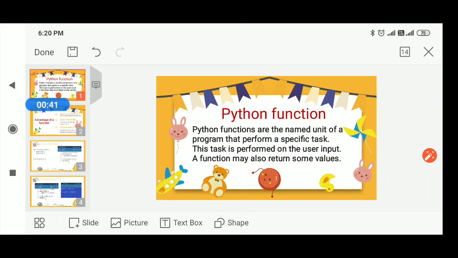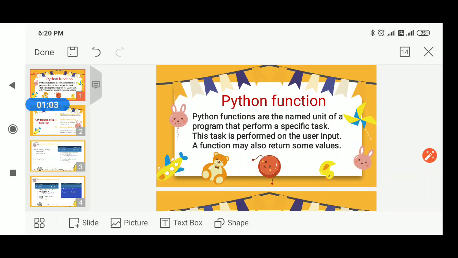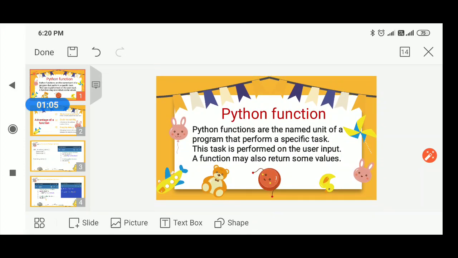So with this definition, you can see a Python function is actually a block that contains some set of statements, and this block will do a particular task. The task completed by a Python function will be based on user input.